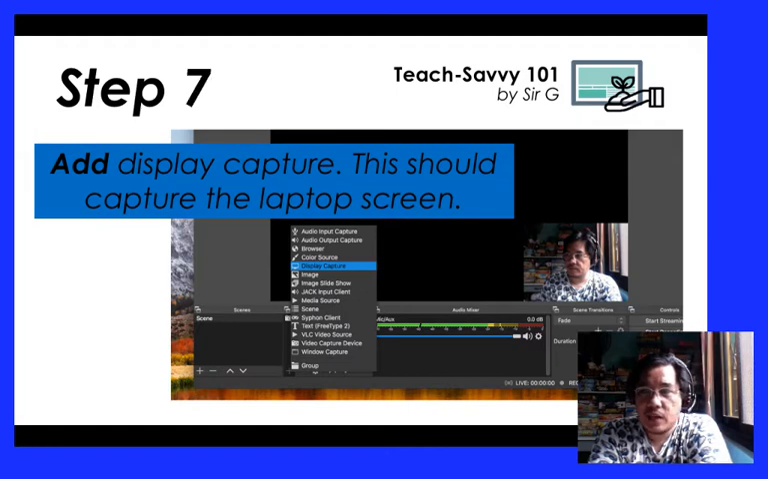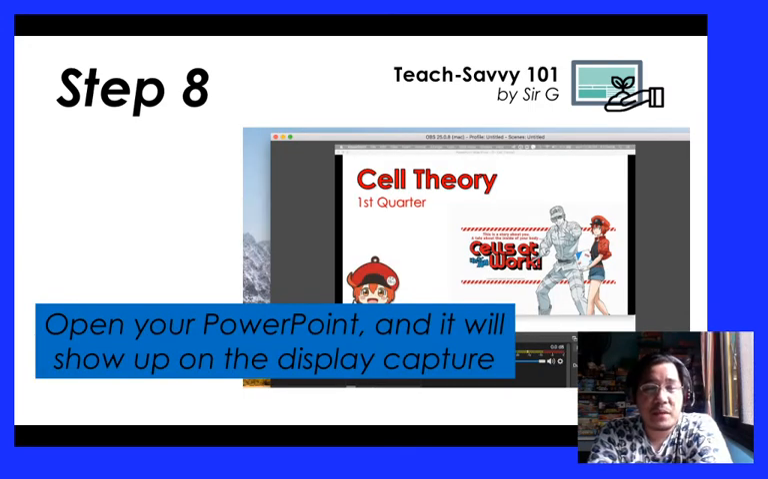Same things. Step 7 should be step 7, mali yan. Step 7, open the PowerPoint and it will show up on the display capture. So once you've done display capture, ayan na, pwede mo nang